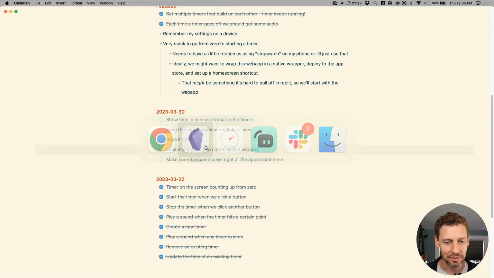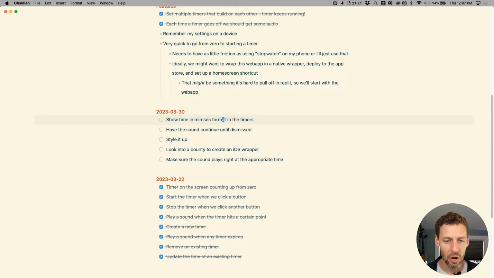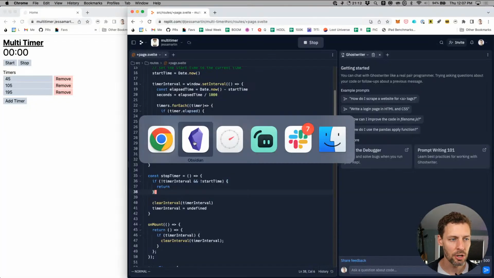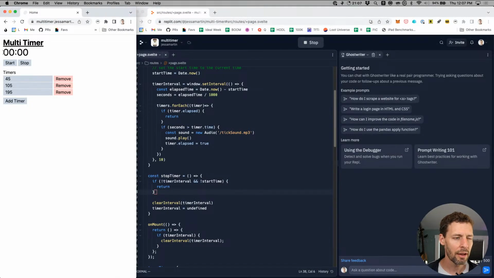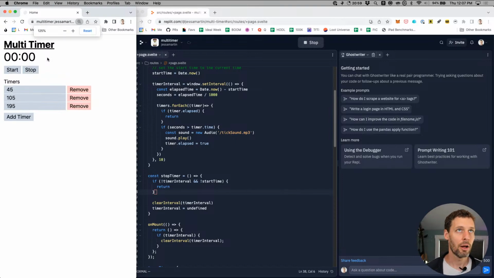All right, so looking at my to-do list for today, we'll bounce over here to Obsidian. One of the things that I changed between now and last time is I made the stop and the start button work appropriately, and I changed the formatting of the timer to display in minutes and seconds. This was really helpful for me because while I was using the timer this week to brew coffee, I was having trouble converting in my head from the raw number over to a 60-second thing to confirm that I was doing the right thing from the timer's perspective. So you can see now it actually will count up to 60. I'm not going to wait all the way to 60 and then start putting minutes in this column.